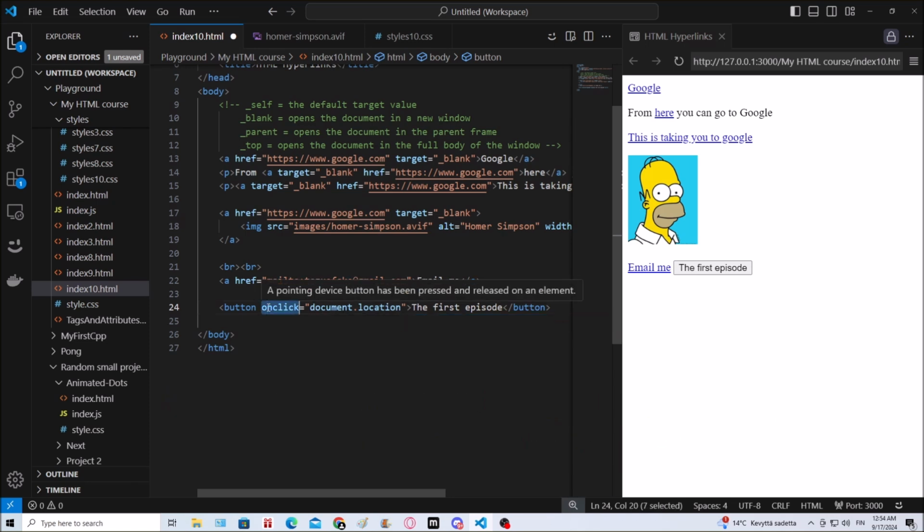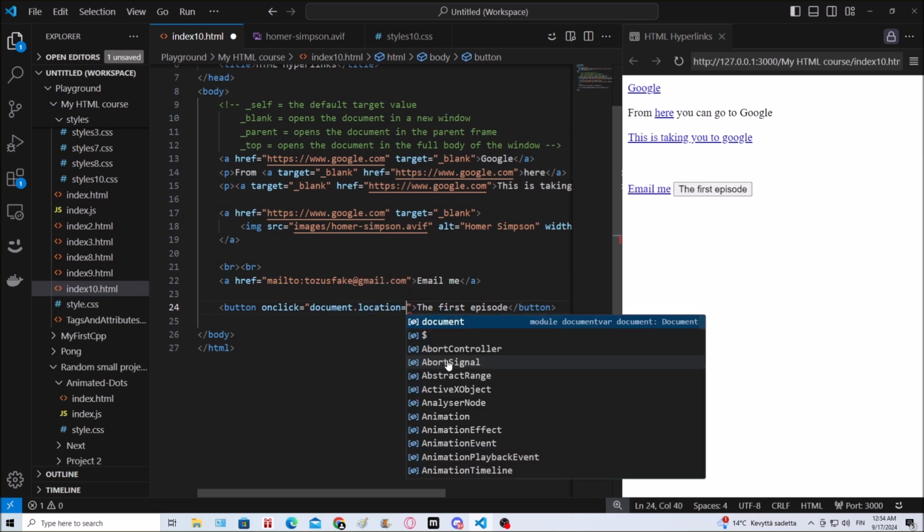The onclick attribute means that when we click the button it does something. This is JavaScript code, we haven't discussed that yet, but anyways, I'm going to set this to be equal to